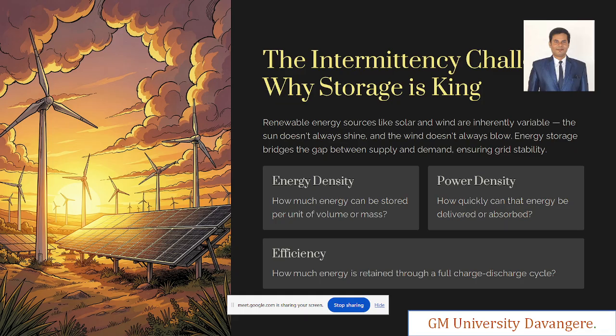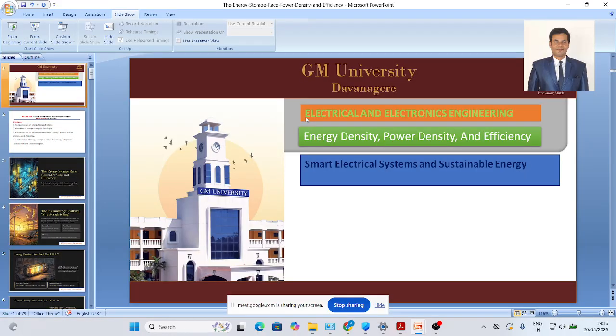Renewable energy sources like solar and wind are inherently variable, right? Why does it vary? Because of the resources. The resource for PV cells is the sun, and we have to have the radiation. During sunny days we require a lot of